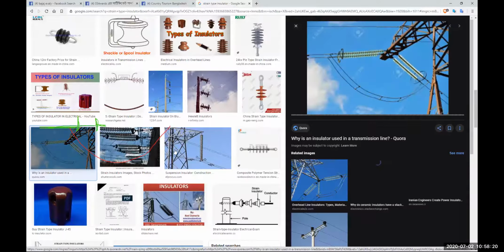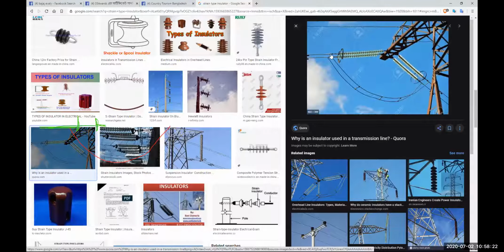Yeah, here. See, the conductor here ends, right? One roll ends. So this is the strain type, and they are holding the conductor. This is also a strain type, so they are also holding the conductor. So this conductor and this conductor do not have any contact, because this is the end of one conductor, this is the beginning of another conductor. So what will happen? You have to connect the conductors using an auxiliary cable. This is an auxiliary cable. So you connect them together.